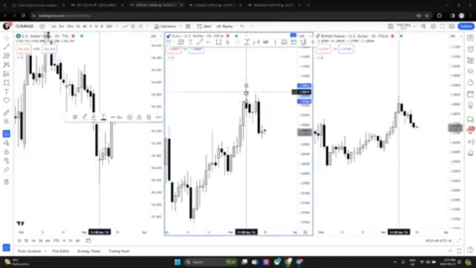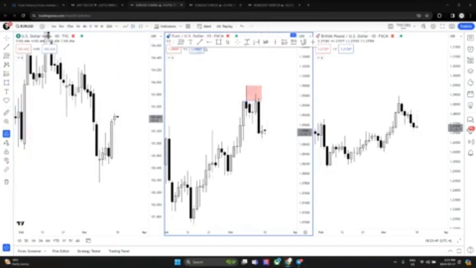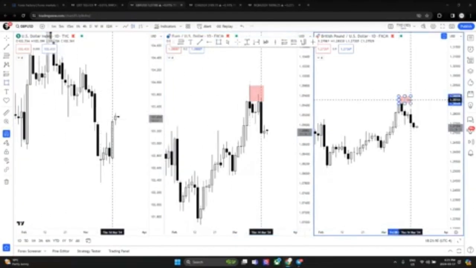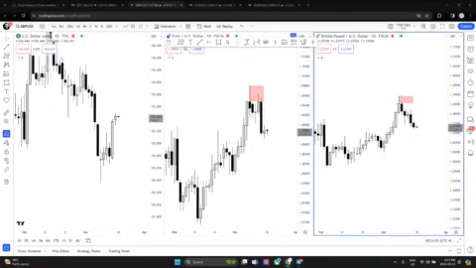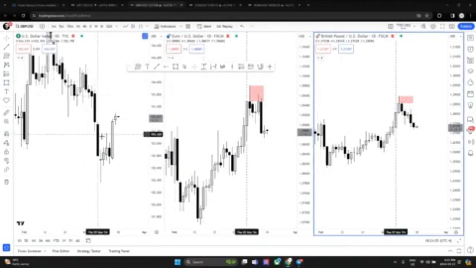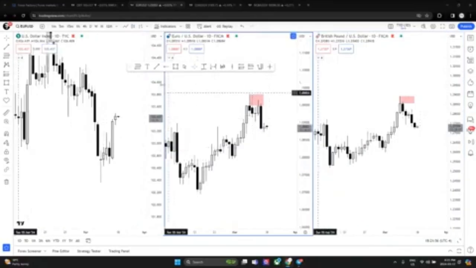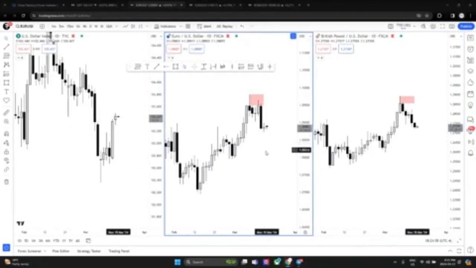So this was the wick of the Euro, and this was the wick of the Pound. Here, you guys can see that we had